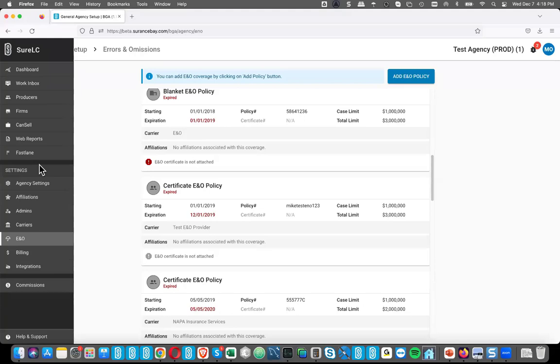Down the road, we might make some changes or improvements or streamline some things for producers, but right now, nothing's changing. So if you have producers who are logging in through your website through single sign-on today, that will stay exactly the same. You don't have to change anything there.